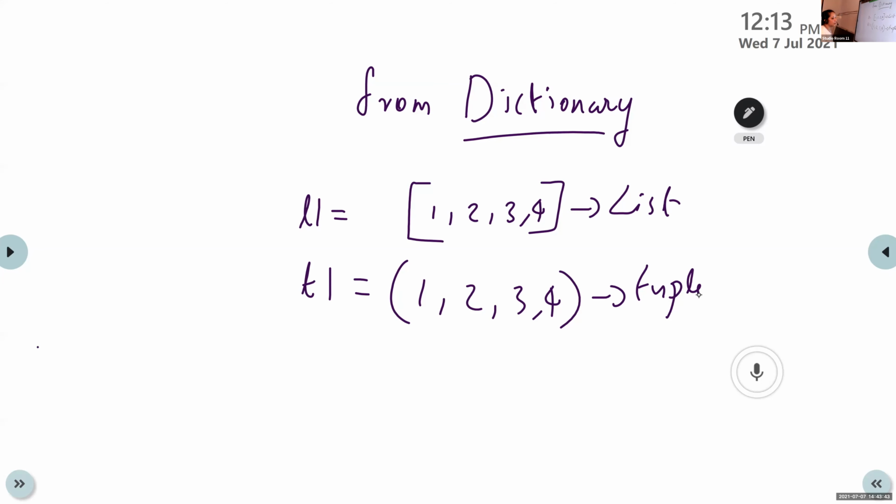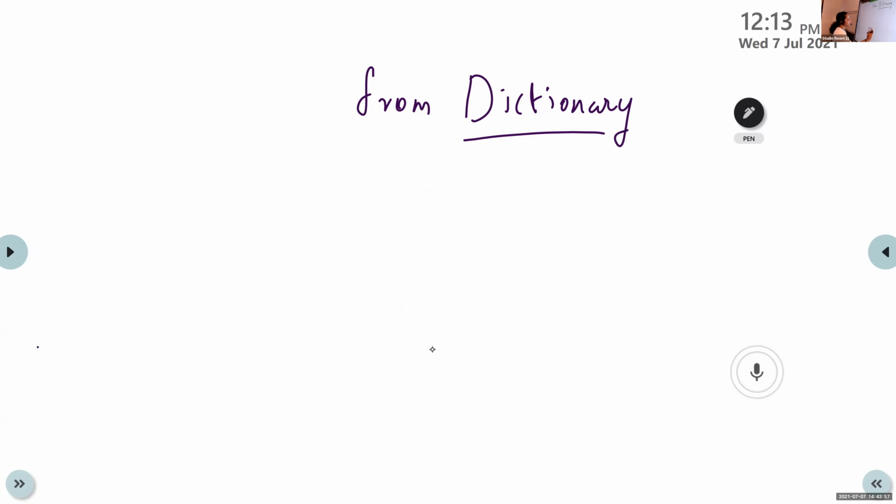Just like that, there is another collection data type. It is dictionary. Collection data type means we are using a set of values here. Here also we are using a set of values. Just like that, a dictionary is represented using D1 is equal to, here we are using curly brackets. For tuple we are using round brackets. For list we are using square brackets.